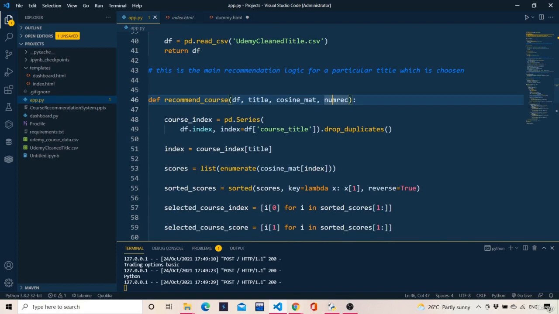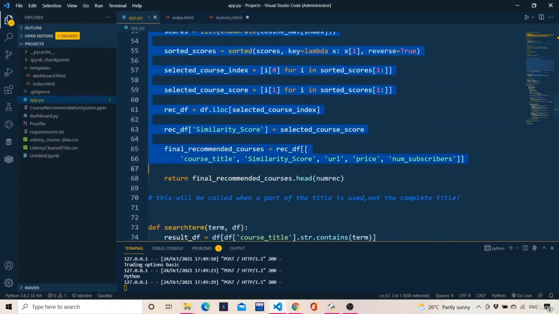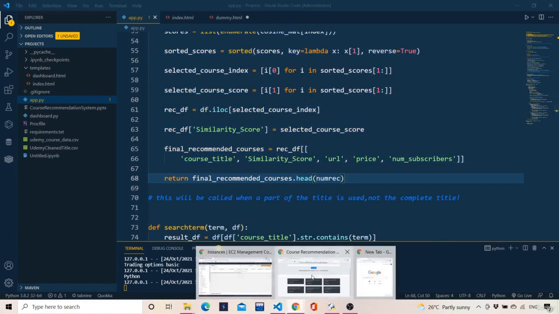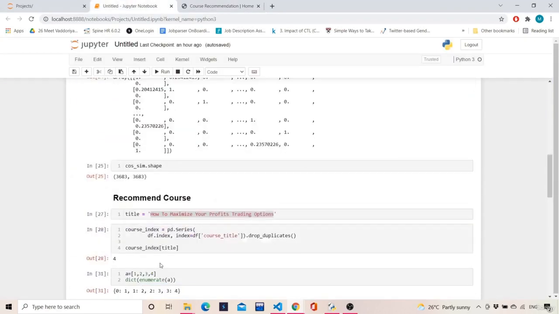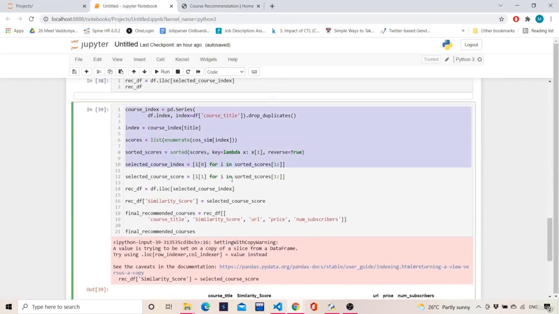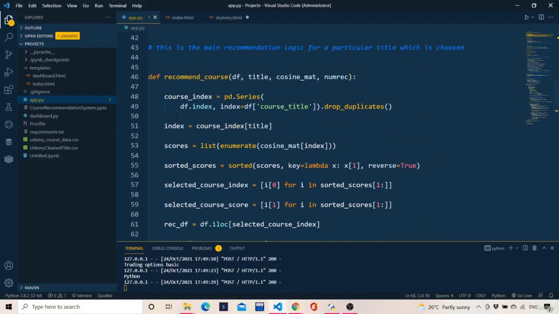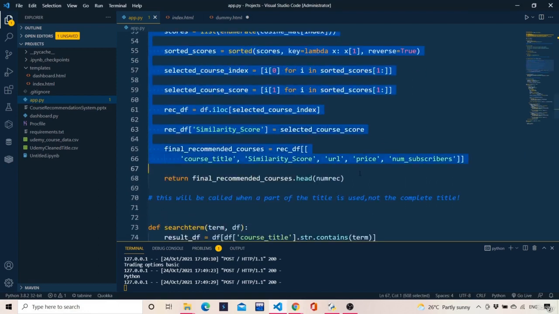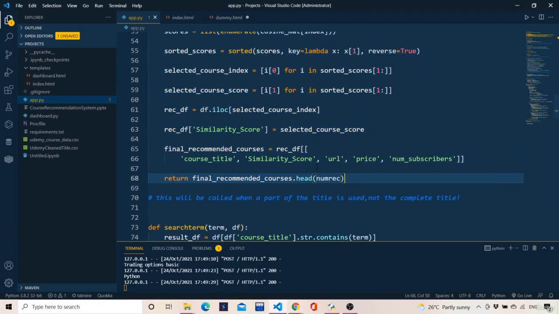So the entire code is present over here. We discussed that in detail, right? So what we need to do is simply copy this and paste it over here. That's it. So what is this function doing? This function is sending us the recommendation,